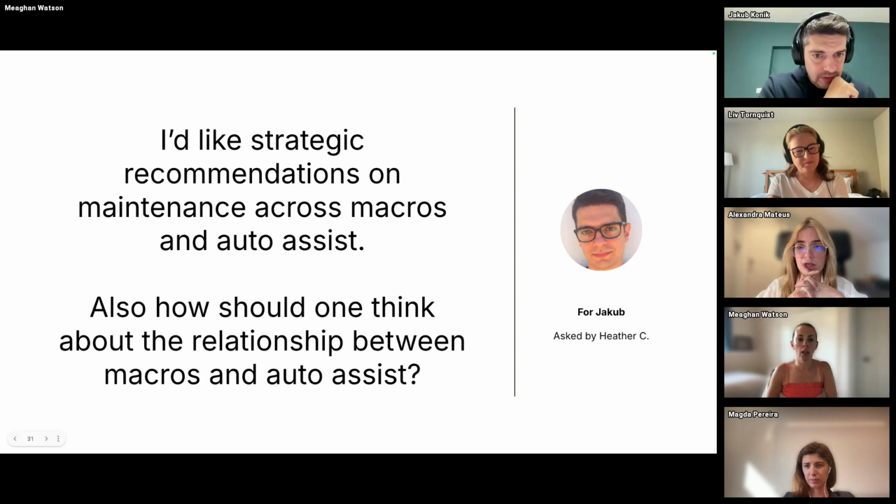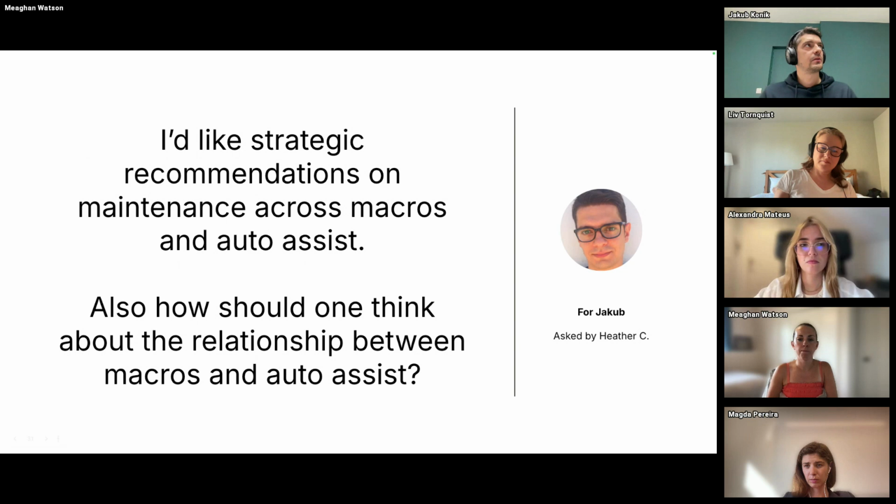Sure. So I'm going to start with the second part. So I think macros, we all have a lot of macros on our Zendesk instances, and I think that's great. They are helpful in a lot of the cases, but I think where customer support is going is that we want something better. We want something more flexible.